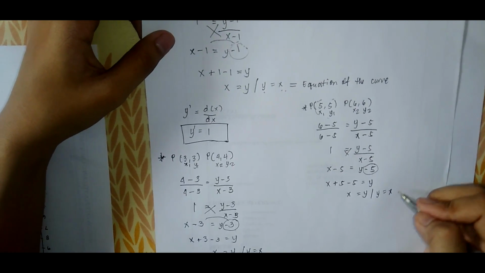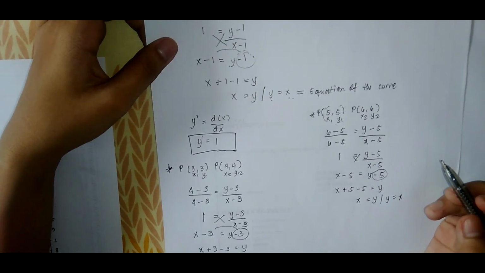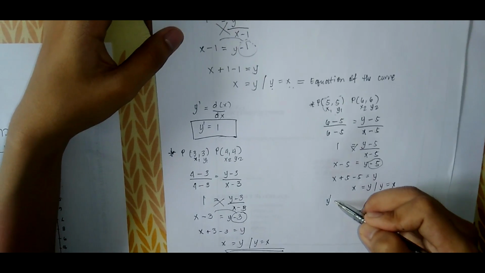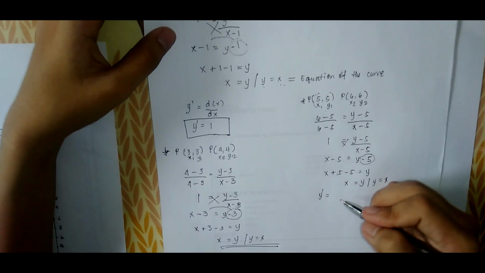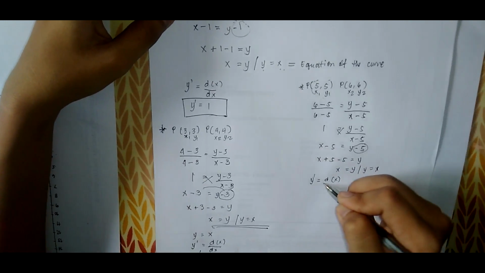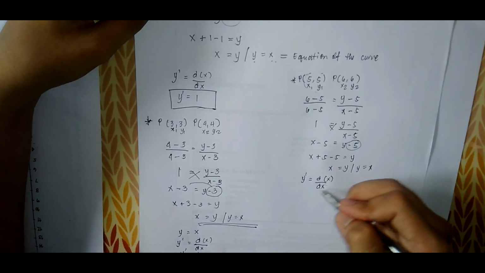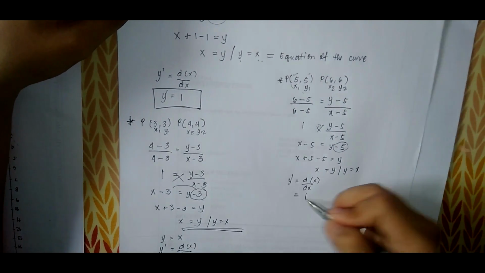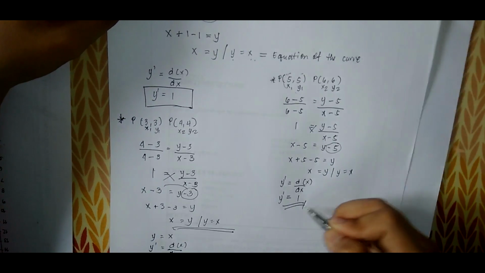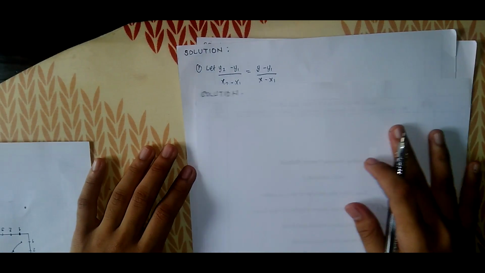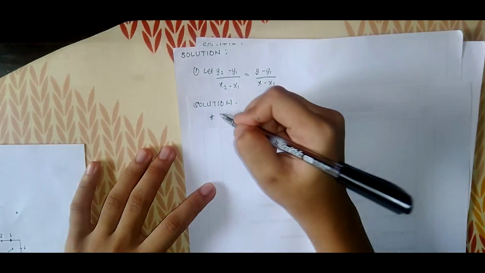And let's derive y is equal to x. So, y prime is equal to the derivative of x with respect to x, and that is equal to 1. Final answer. Next point is point